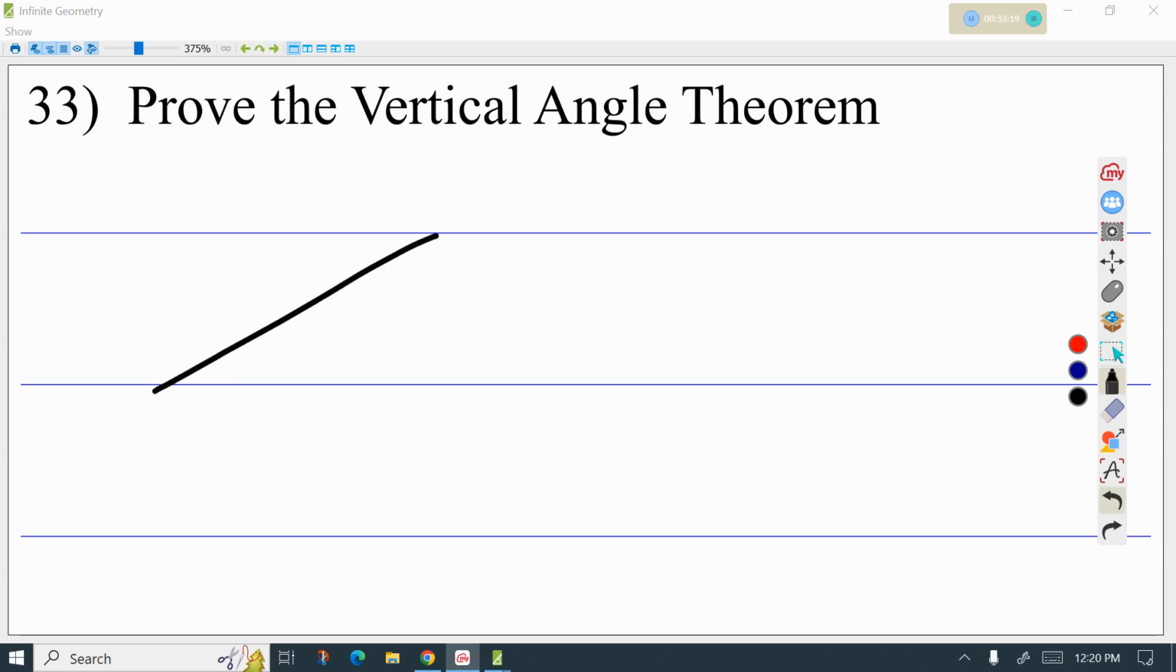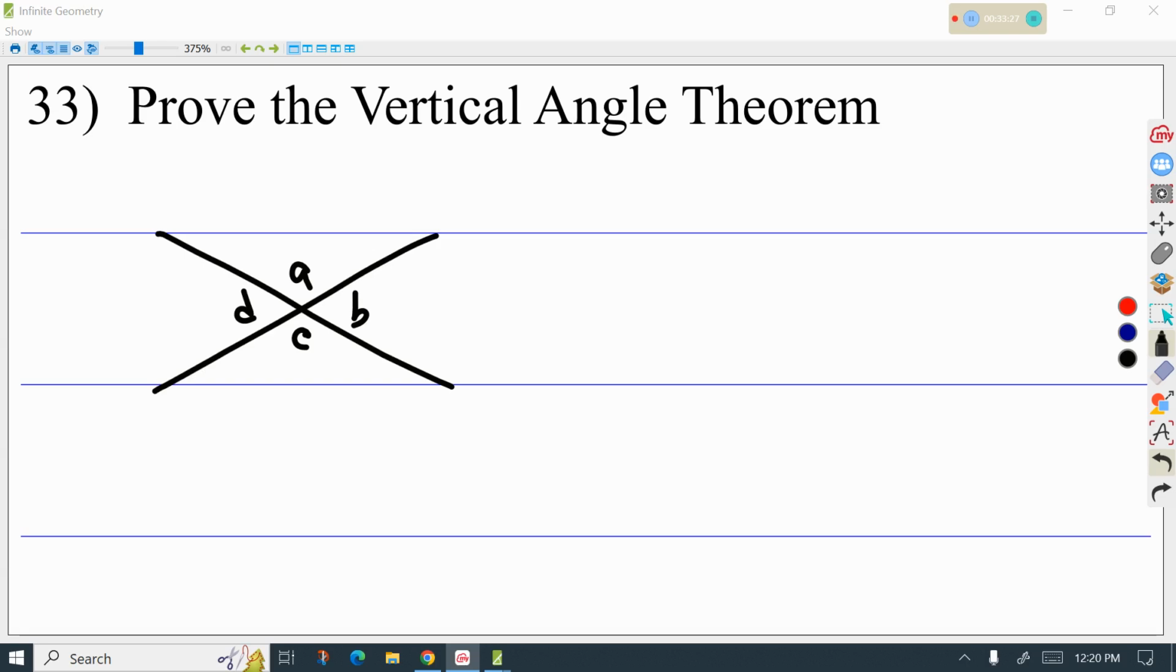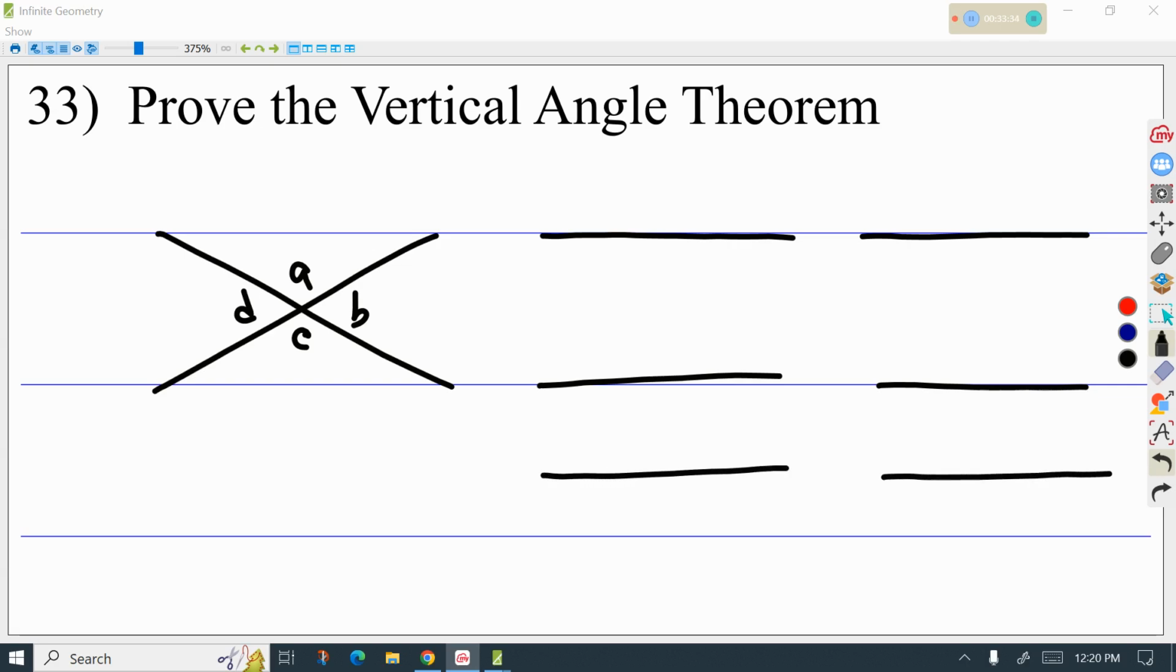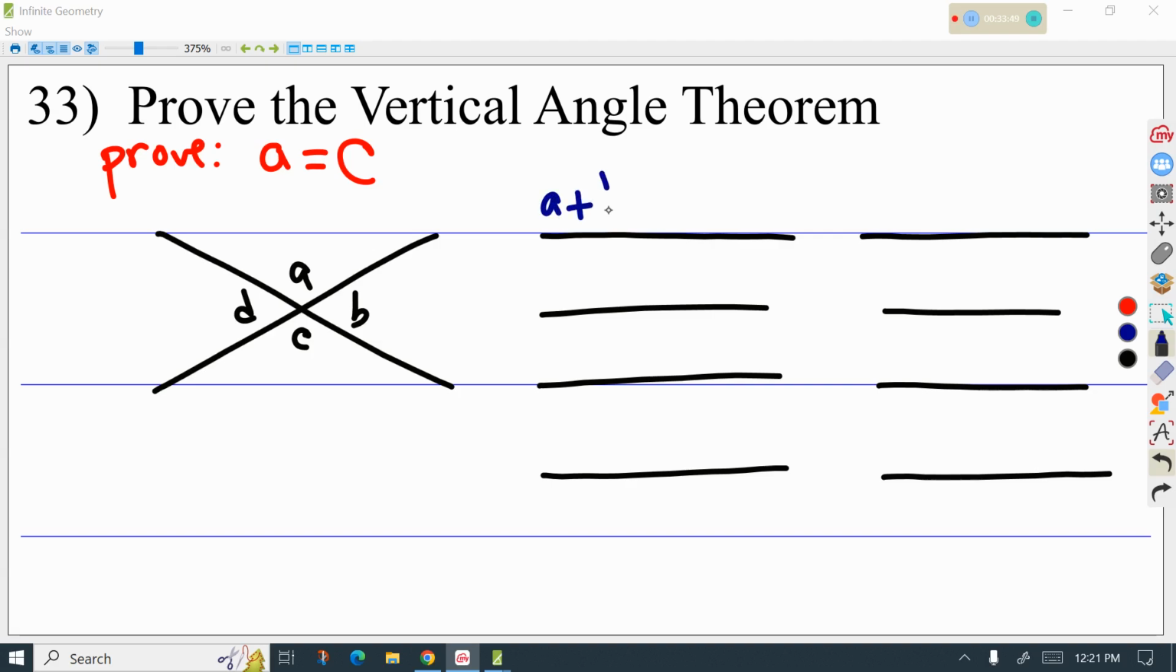Now this is a 4-step proof, but it's also one of the easier proofs that we can do here. So let's understand what it's asking us to prove here. What we want to prove is the vertical angle theorem. And we want to prove, for instance, that A equals C. So to do this, we want to start off by saying that A plus B equals 180 degrees. And the reason for that is